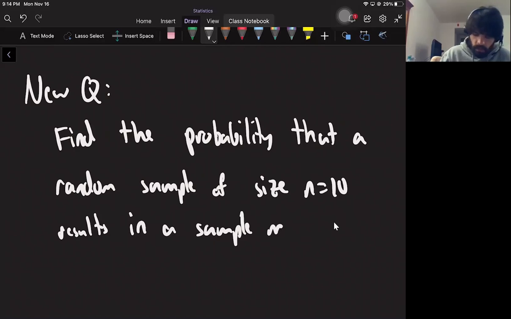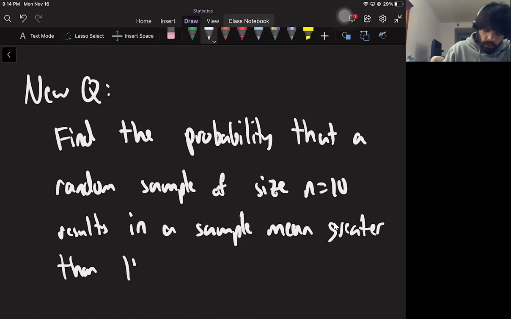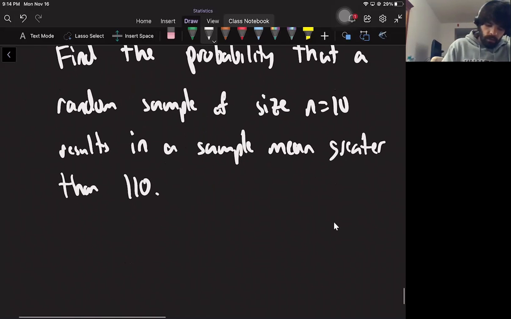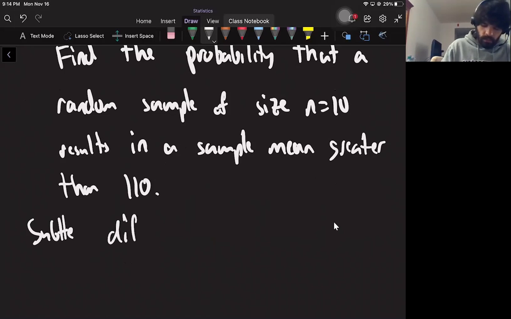It results in a sample mean, let's say greater than 110. So it's a bit different than what we asked about before. It's very subtle. So a very subtle difference between this